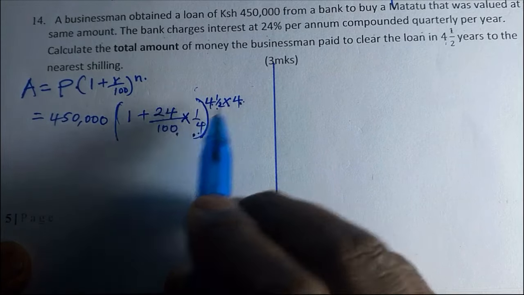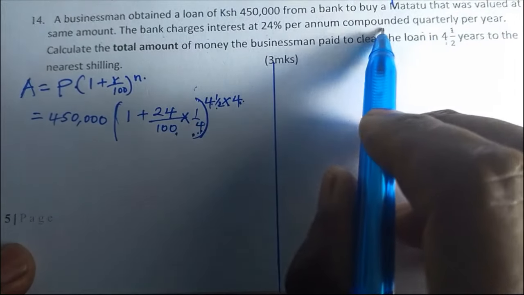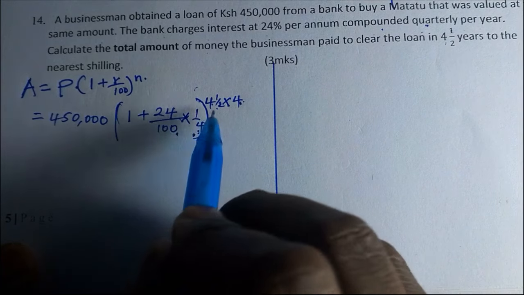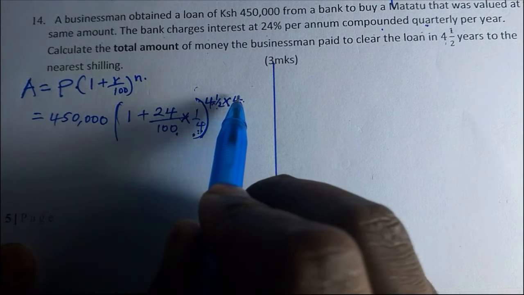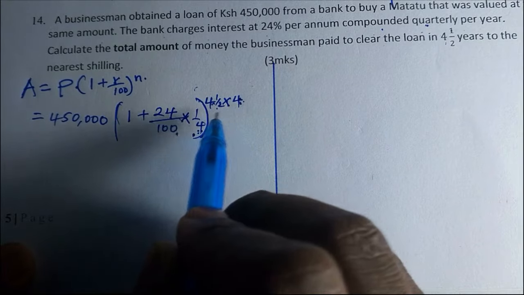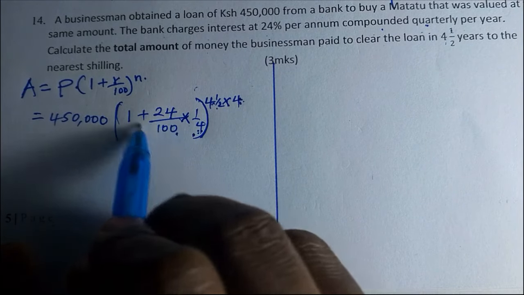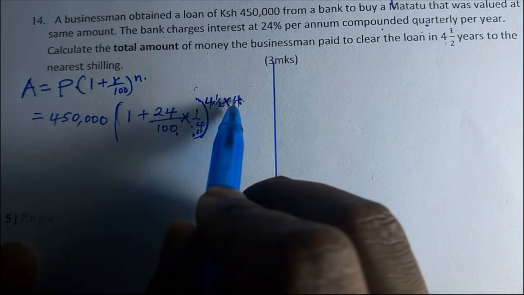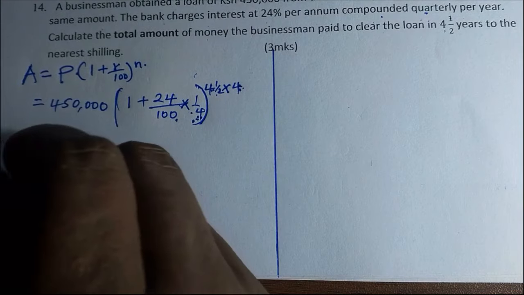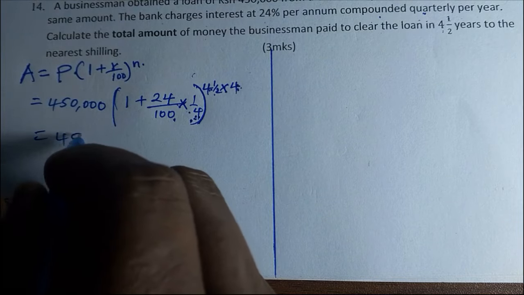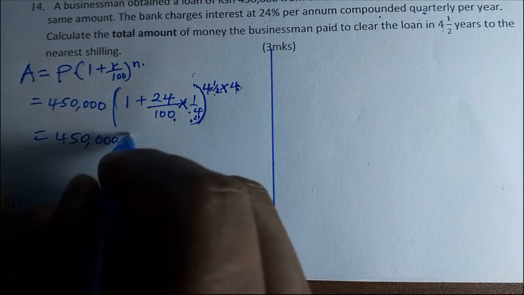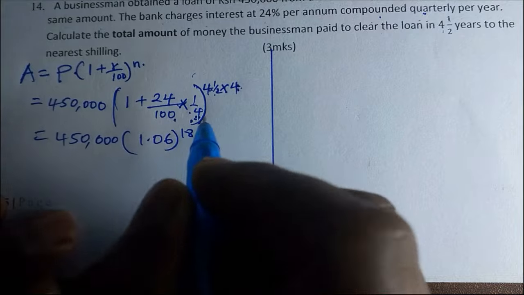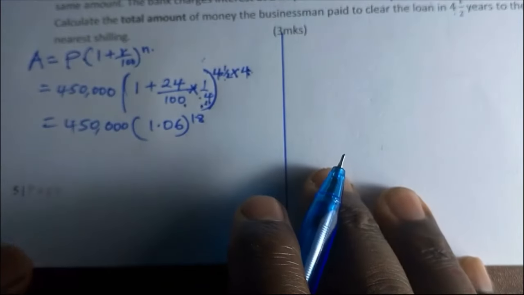If it was compounded half yearly, you would multiply here by a half, then the n by 2. You get the point? This is a quarter, 1 over 4, we divide by 4, then the n we multiply with 4. This is 4,450 into this one, which is going to be 1.06 raised to power 18. So when you press your calculator, you get